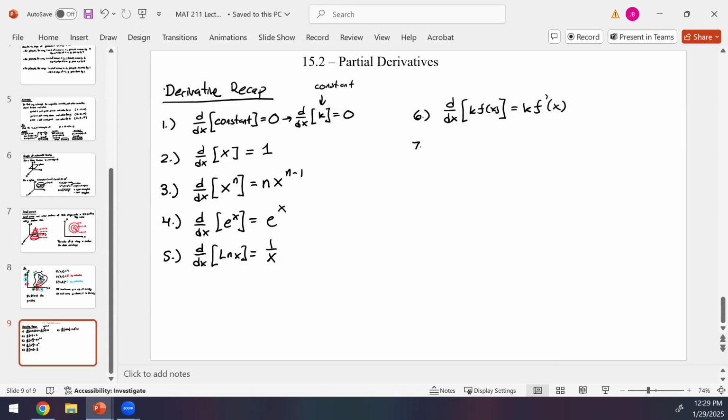And then going on top of that, if you take the derivative of two functions being added together, like this, really you could just take the derivatives of them individually, and there is no special rule. And one thing I want to emphasize, and this works for addition and subtraction, so plus or minus, right? All this is saying is that you don't have to make a special rule for addition and subtraction,